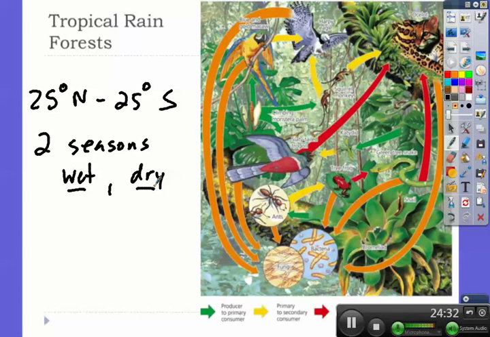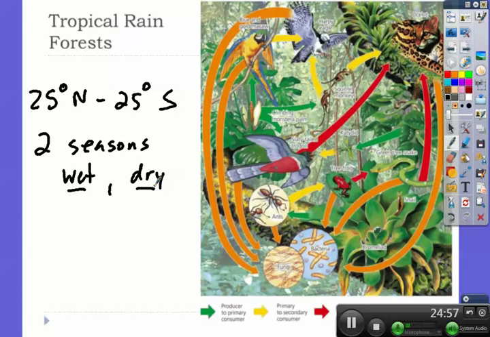So let's take a look at this web that you see. It does show some of the components and interactions in a tropical rainforest. When these organisms die, the decomposers break down their organic matter into minerals that the plants use. So the colored arrows actually indicate transfers of matter and energy between producers, primary consumers, which again are the herbivores, secondary or higher level consumers, carnivores, and decomposers.